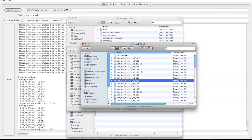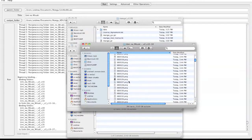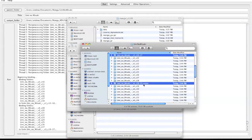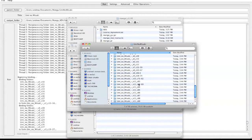And the reason for that is in case we want to reprocess the series, we won't be able to determine which of these images was part of chapter 10 and which was part of chapter 11 anymore. So in order to reprocess the series, we need to keep these files around. The files you would actually copy to your e-reader would be the main volume file. So I would take all of the main volume files, 4, 5, 6, all the way down to volume 11, and that's what I would be copying to my